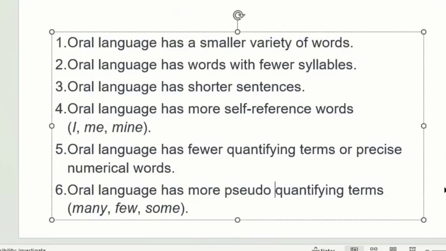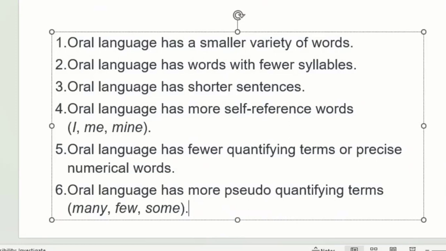Precise. Yes, the word precise, the word quantify, it's coming from quantity. The word numerical, the precise, those are the words that you build in as your vocabulary. And you start using them because they are new to you, they are new in your vocabulary. And I now understand them. Yes. Oral language is more quantifying terms, many, few, some. Okay. Then I move on to